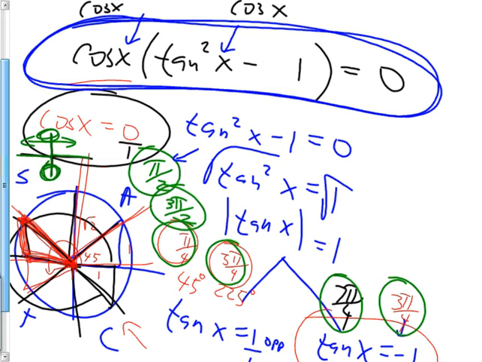So what do I actually do? I go like this and I say extraneous. And I go like this and say extraneous. That's how I show the teacher that I know they were answers, but that they are not working because they're